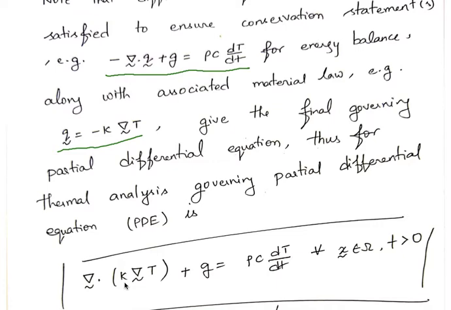Now tell me, if copper has a thermal conductivity about 25 times higher than stainless steel, what will be the difference in the temperature profiles for copper and for stainless steel when it comes to the heat sink? For copper, there will be very little temperature difference. The gradient will be very small, and for stainless steel, it will be more.